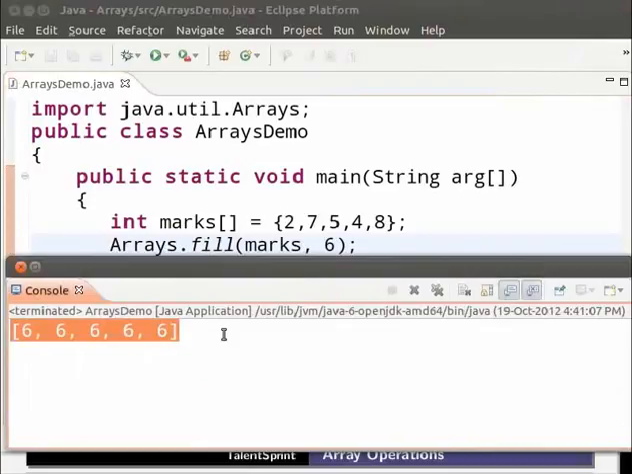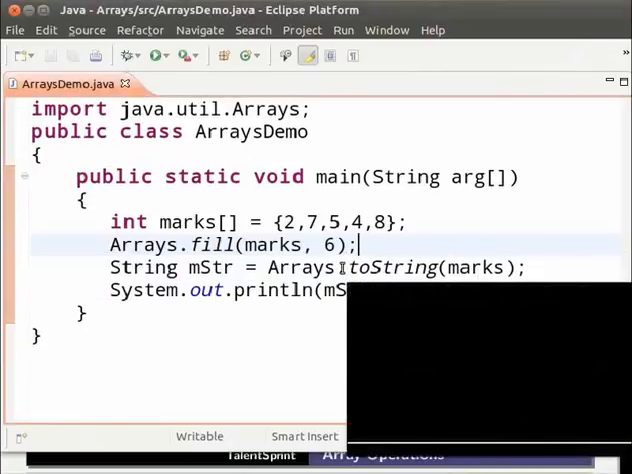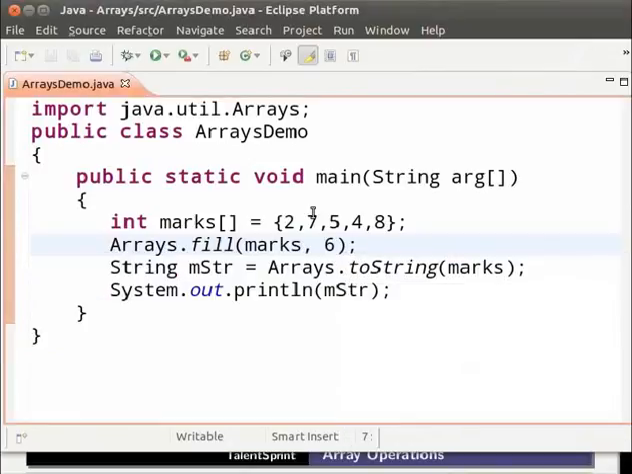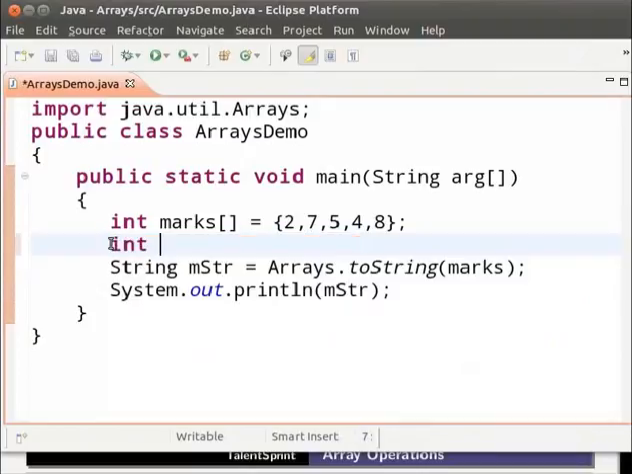Save and run. As we can see, as the name goes, the fill method fills the array with the given argument, that is 6. The next method we are going to look at is copyOf. We are going to copy all the elements of the array marks into the array marksCopy. So remove Arrays.fill and type int marksCopy[];